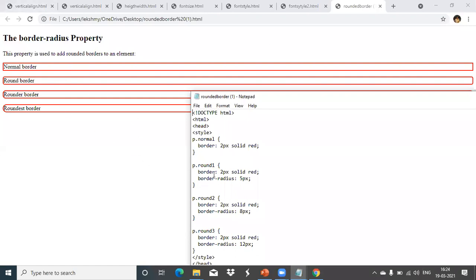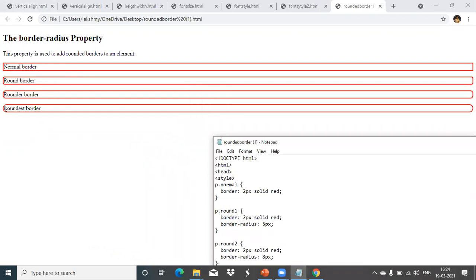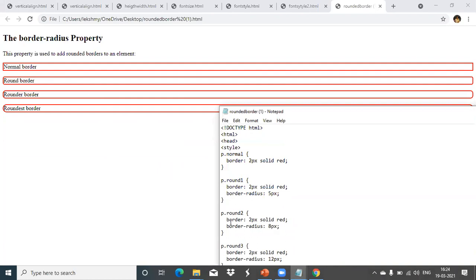Now we can give the border, same thing, but with one extra property, that is border radius. So 5 pixels like this. Another one, we have set to 8 pixels. According to that, see that rounded border is changing. That round thing, there we are specifying what radius value you want for that round shape. So we can create this kind of borders also. This you can include in your border styles. Border radius is the property name. Okay, fine.